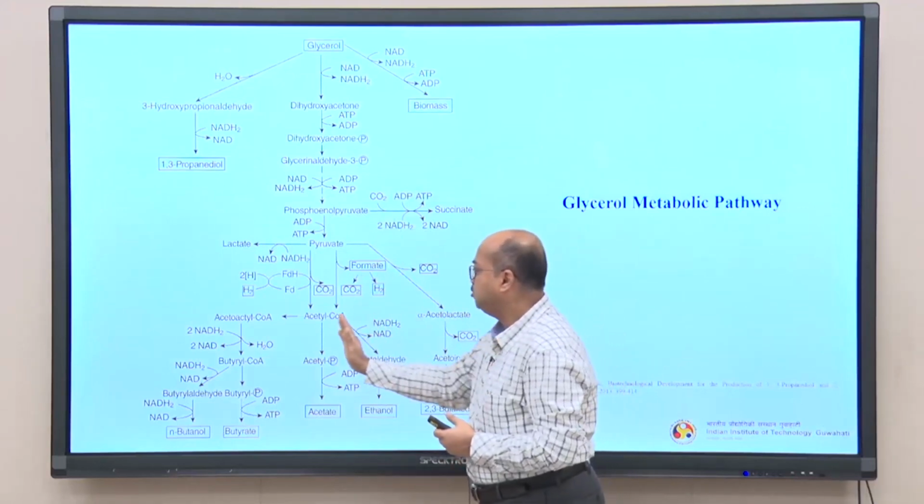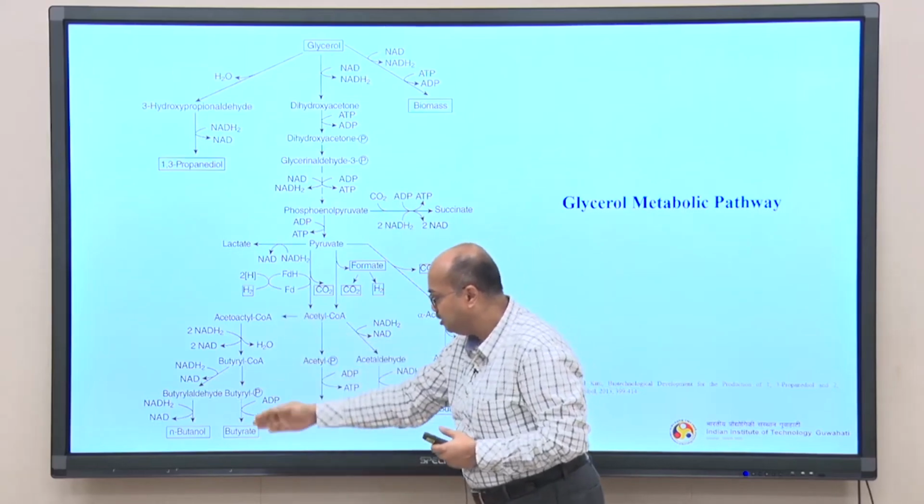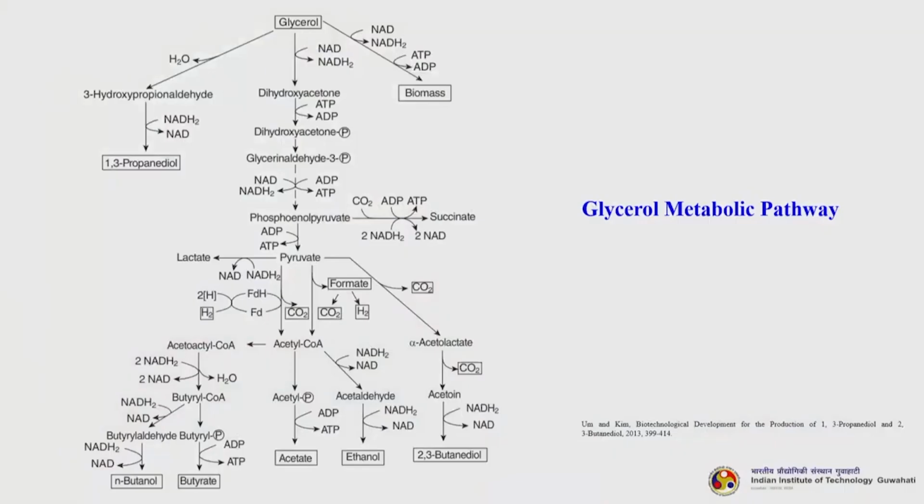Okay. Now, acetyl coenzyme A again goes back to acetoacetyl coenzyme A, and this pathway will give us N-butanol as well as butyrate. Now, acetyl coenzyme A can also be converted to acetate, acetaldehyde, and then to ethanol. This is the usual route for ethanol. Now, pyruvate can also be converted to acetone and 2,3-butanediol. So, I hope you will understand that with glycerol alone we get so many different types of products,